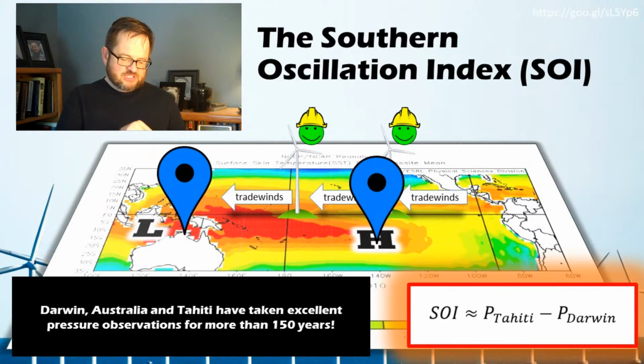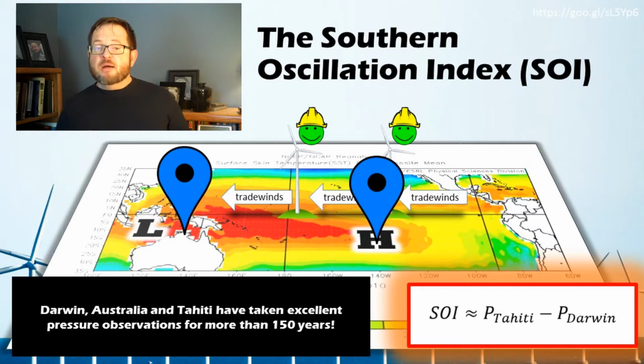Darwin, Australia, which is kind of the very northernmost tippy top of Australia, and Tahiti, which is a little tropical island more or less right under that H that I have there, are both places where there have been well-calibrated, well-designed, well-maintained weather stations for like 150 years, which is very unusual. Very unusual to have weather stations that have run that long. And so we can, well, wait a minute, if they're at the center of where these pressures are changing,